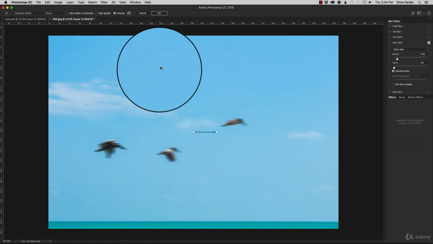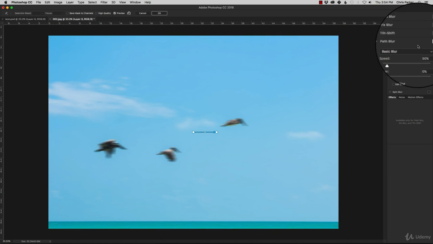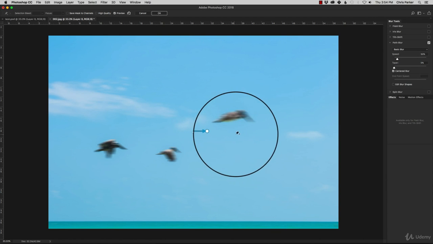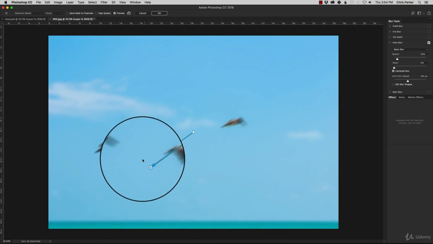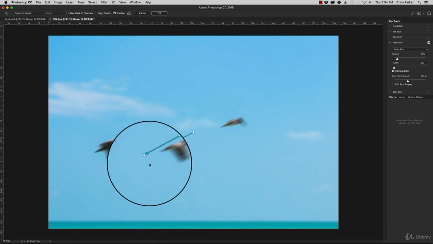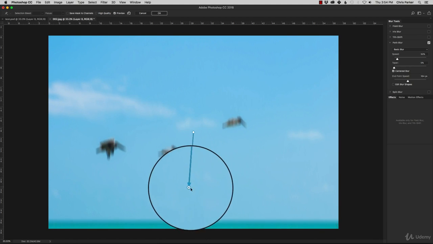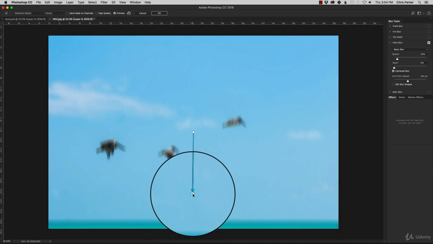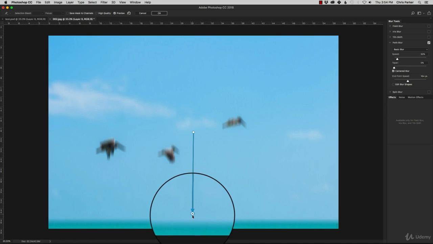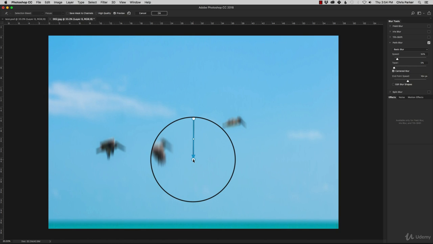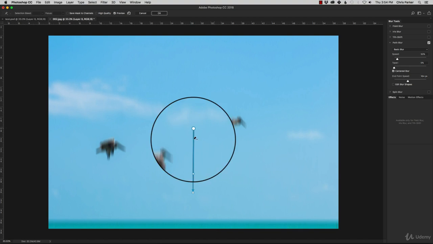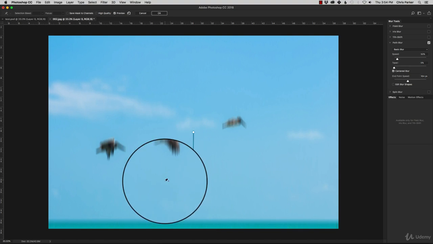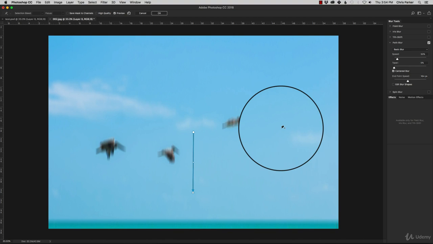All right, we're now back in the blur gallery and we can make our adjustments to the path of our blur, which right now is moving from left to right, and you can click on the front of the arrow and then change the direction of the movement. Since we're focusing on the wings of the pelicans, I'm going to do top to bottom. It doesn't really matter the distance that you create for that particular path. It's all going to go in the same direction. So now we can see that the motion appears to be coming up and down versus left to right,